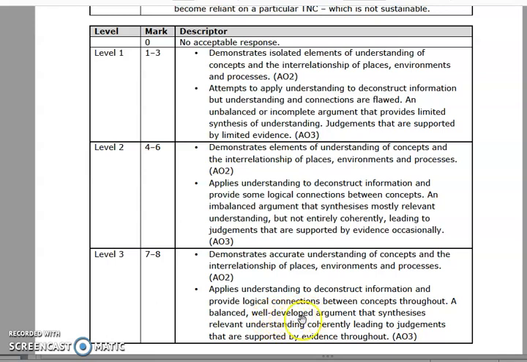It's got to be well developed, so it needs to have reasons, good use of connectives. This means that, so, therefore, which is coherent, so it's easy to read and make sense. It's well balanced, so it's got a range of information, and it also leads to judgments. So you're looking at whether you're assessing, which is the most important, or evaluating how successful. And that where possible, it can be supported by evidence.